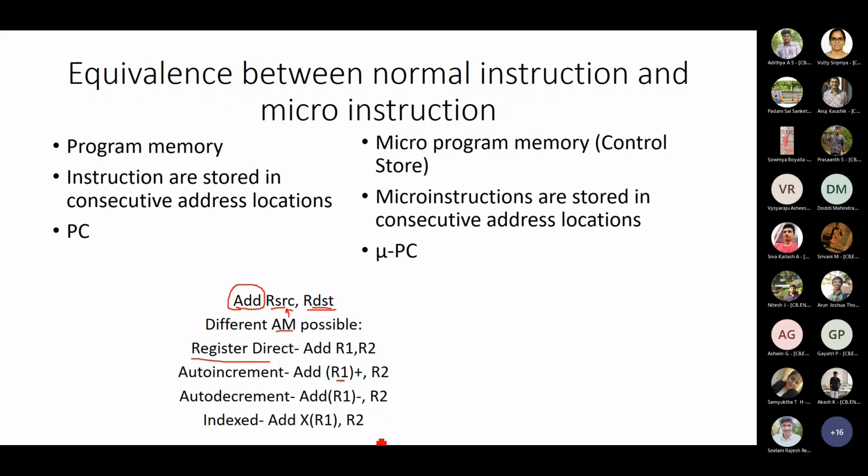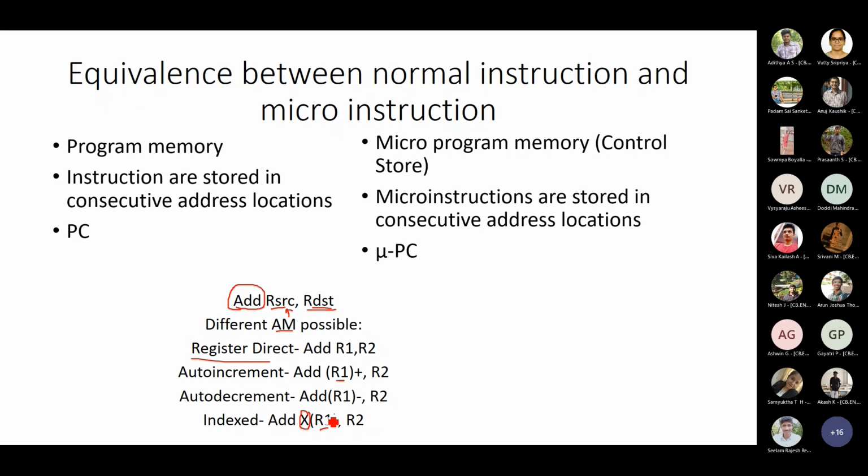Now there is indexed addressing mode also, where the actual address you will get by adding some index value. This will be some offset, where the offset value is added to the register content that gives you the address. Remember here also the bracket is given. It means that R1 contains the address. So the offset value, or index value, is added to R1. That will give you the equivalent address from where you have to go and access the data.